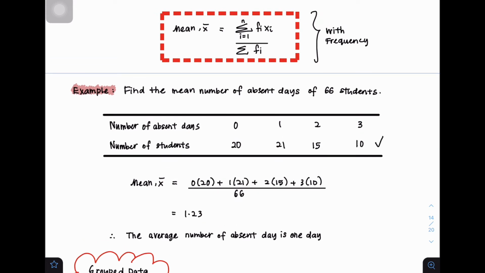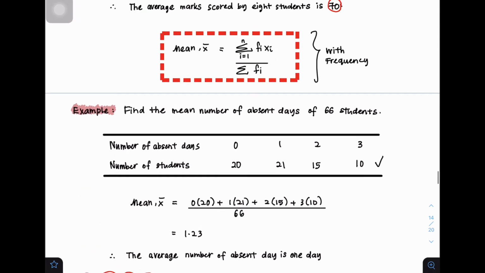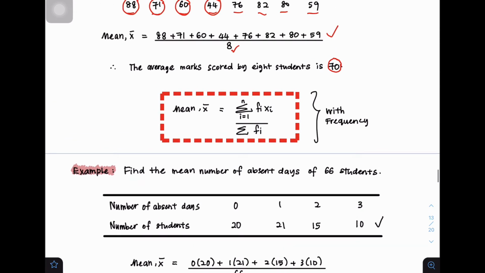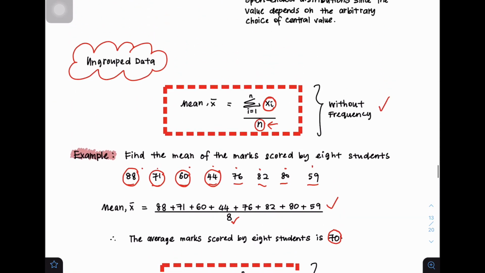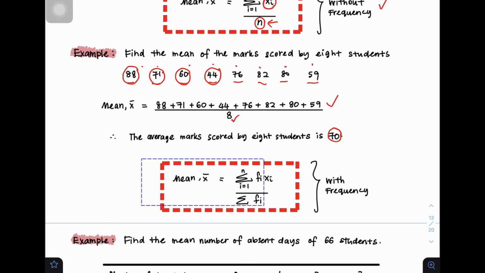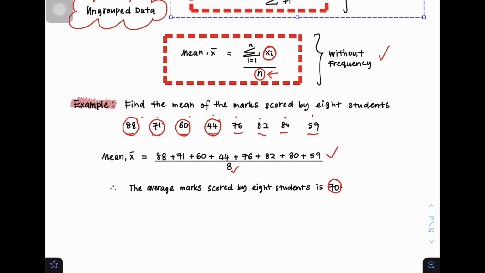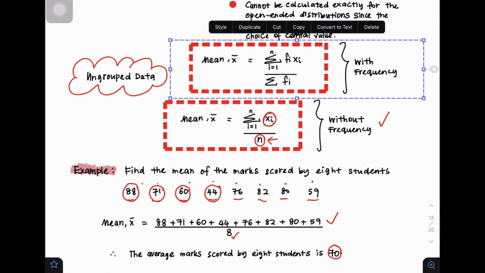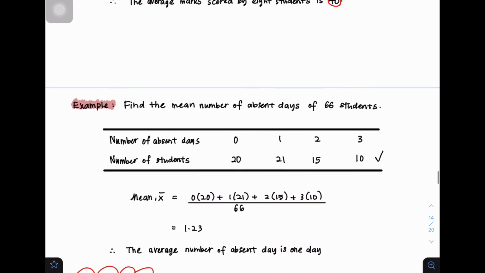Okay, kalau data ni saya tukarkan dia kepada ungroup without frequency, dia akan jadi macam ni. Saya pindahkan yang ni kejap. Okay, so kalau data yang awak ada ni, kita tukar dia menjadi ungroup data without frequency,